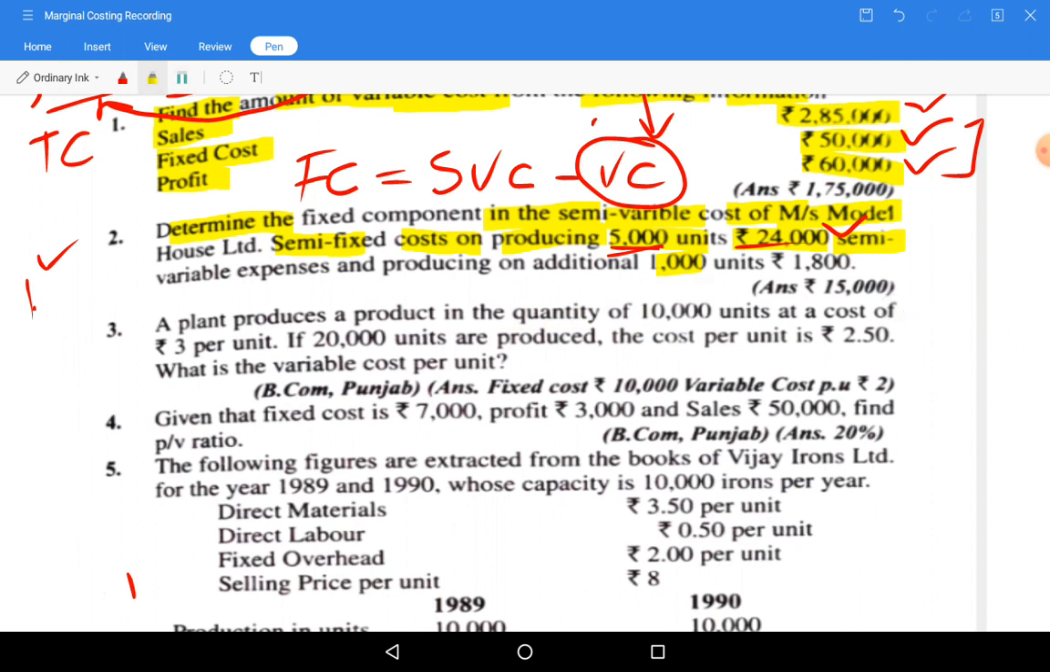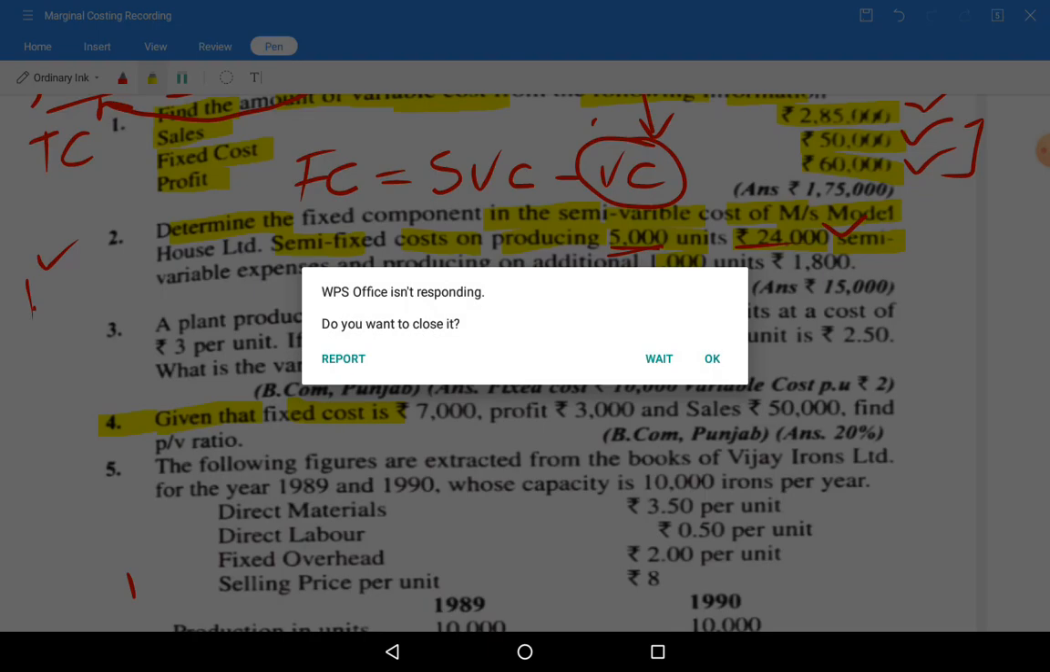Now let us see question number 4. Given that fixed cost is rupees,